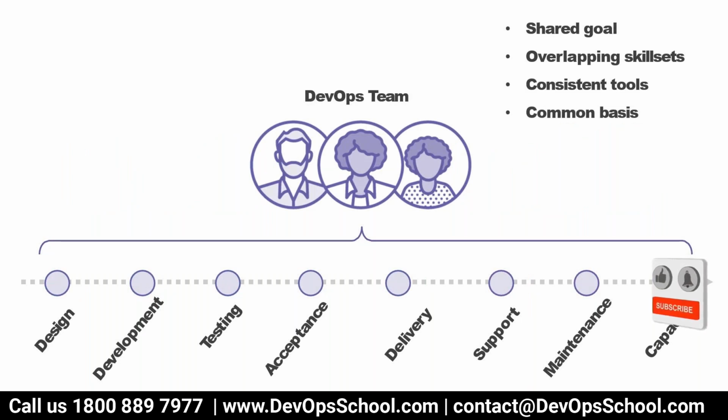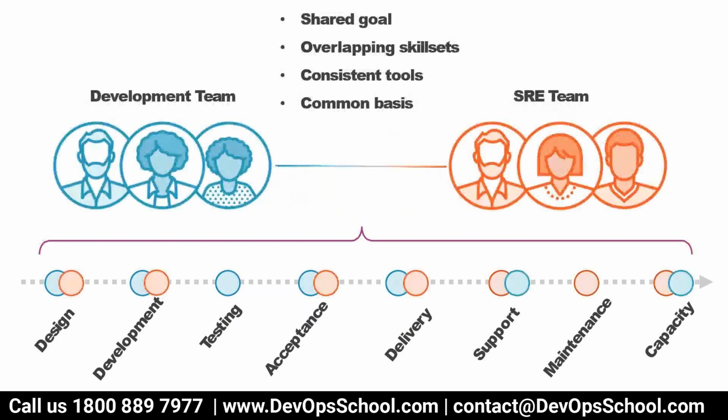So DevOps is a very good thing if it gets implemented, but for many reasons, many organizations fail to implement DevOps. And that is where Google has come up and said, hey, let's do one thing. Let's not convert the ops team into DevOps because there will be lots of challenges actually. So rather than going into the DevOps phase and experiencing lots of challenges and failure, let's first convert the ops team into an SRE team, and let the SRE team and development team work together for some time. And when you feel they are working very closely, then you can convert immediately into DevOps, because DevOps is a very good thing.